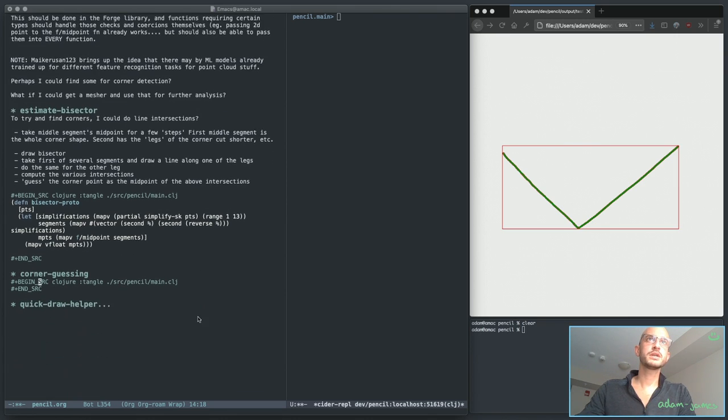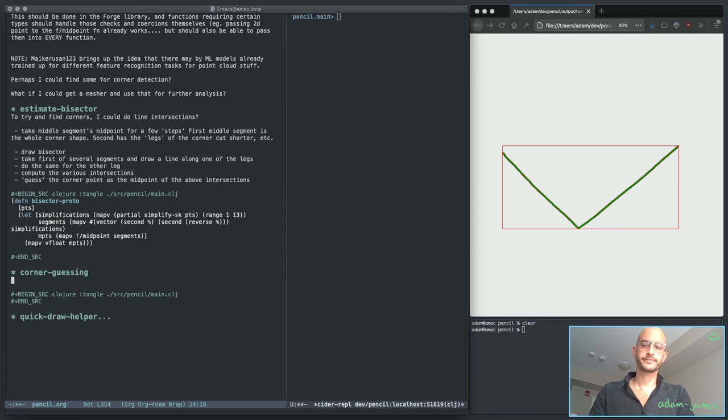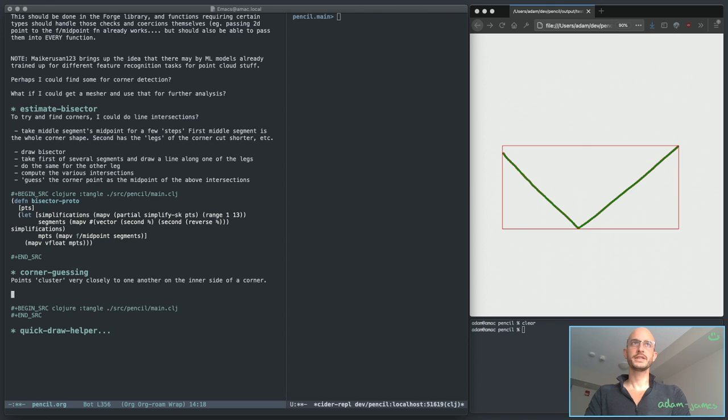And the idea is points cluster very closely to one another on the inner side of a corner. So the idea is to partition the